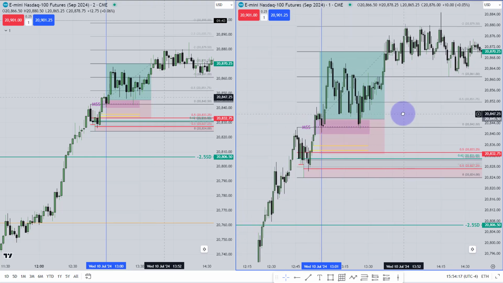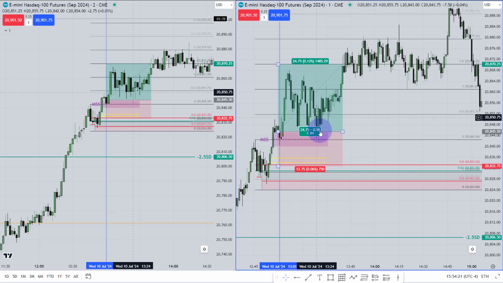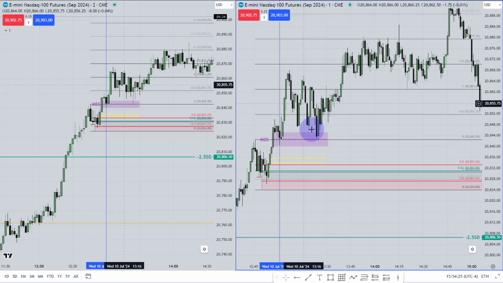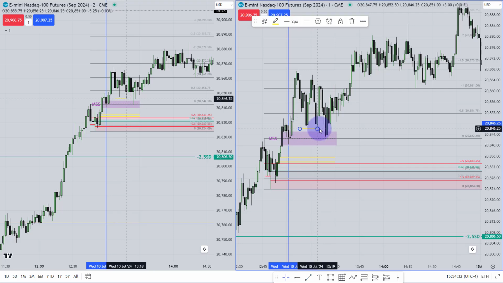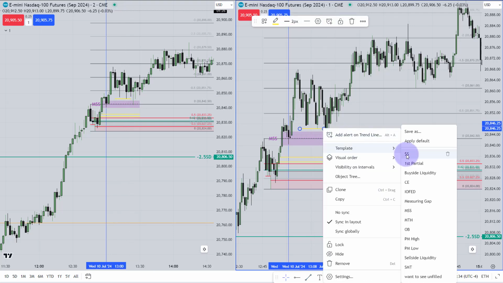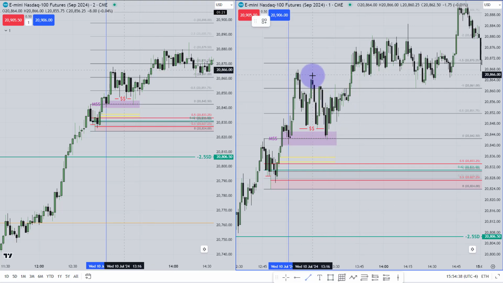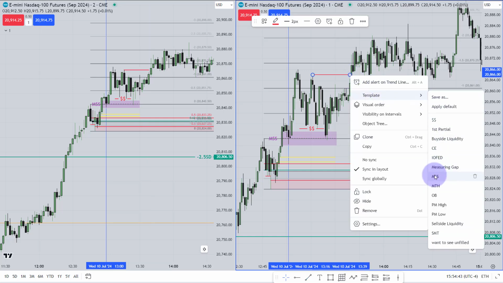Now I would love to show you the next entry. Then the market went a little higher, went lower again, and took all of this liquidity. Let me remove this one. You can see that was the first entry. Then the second entry: over there, the market has taken this clean liquidity. After taking this liquidity, there was a market structure shift. This swing high, when it has been shifted over there, I got my market structure shift around that area.